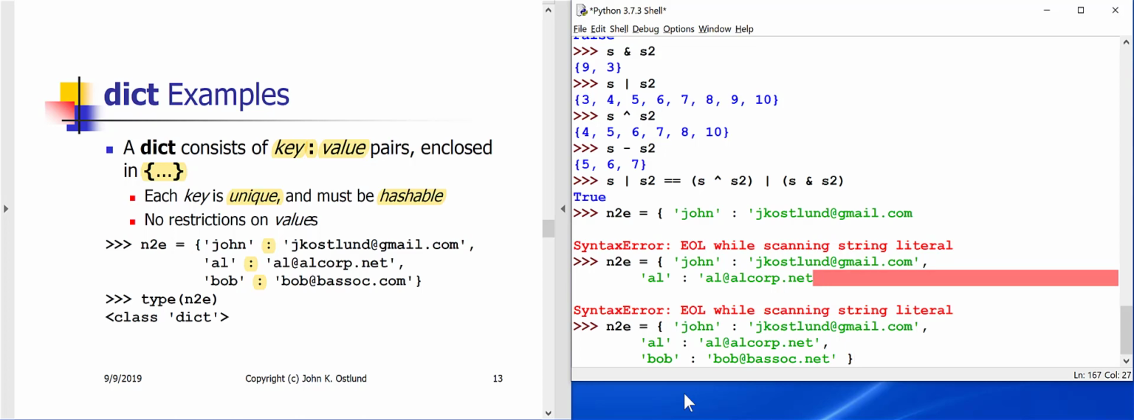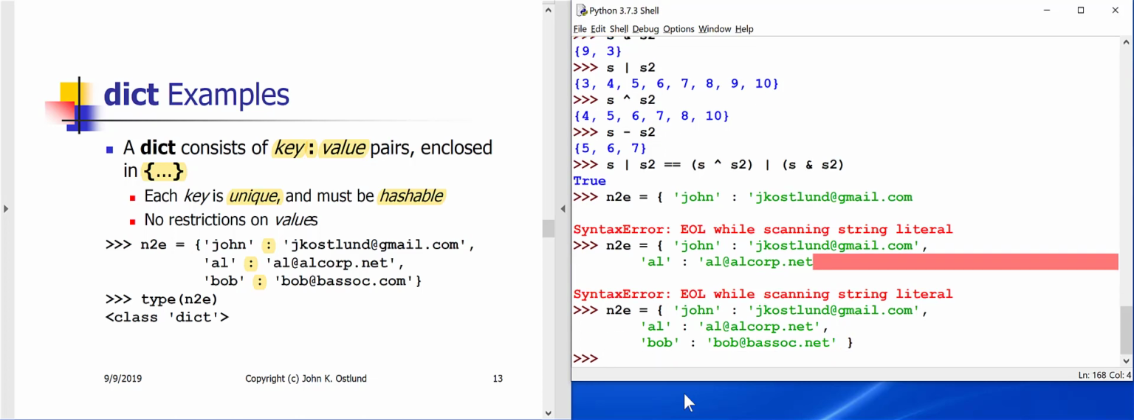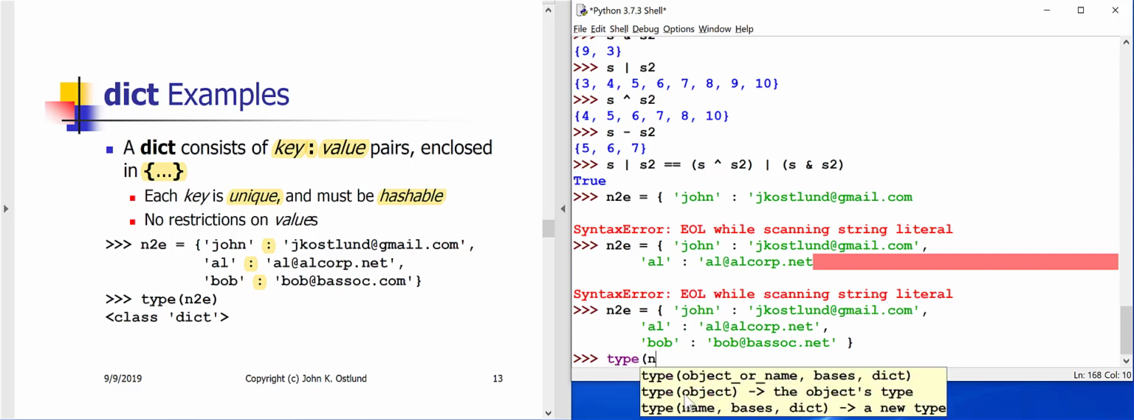So N2E is the dictionary that I'm creating. The first item has key John, value jkostlund@gmail.com. The second item has key al, value al@alcorp.net. The third item has key Bob, value bob@bsoch.net. There we are. So I can use the type function to discover that N2E